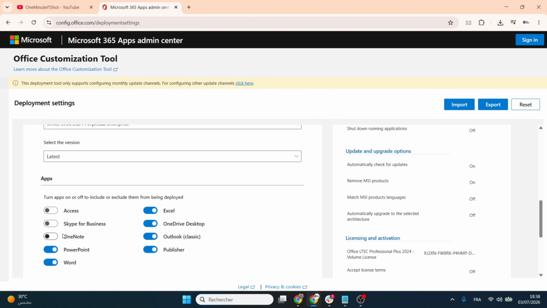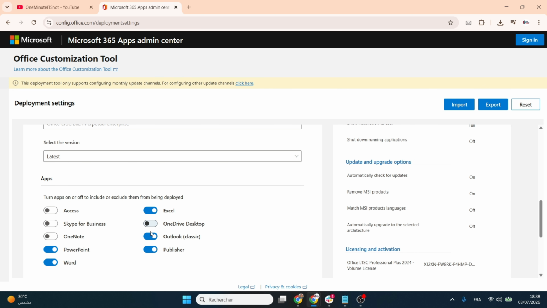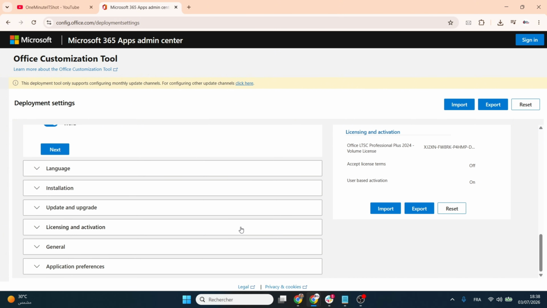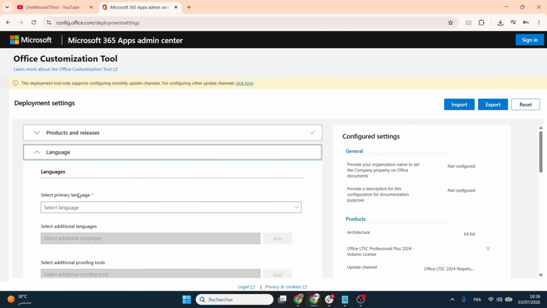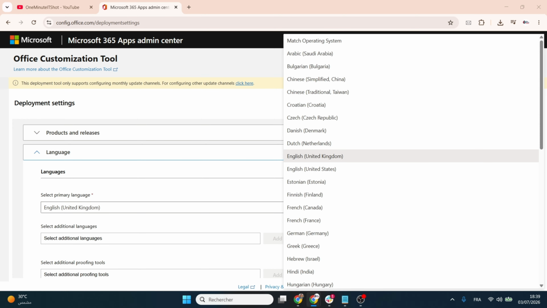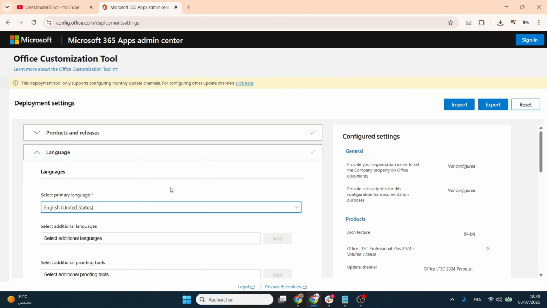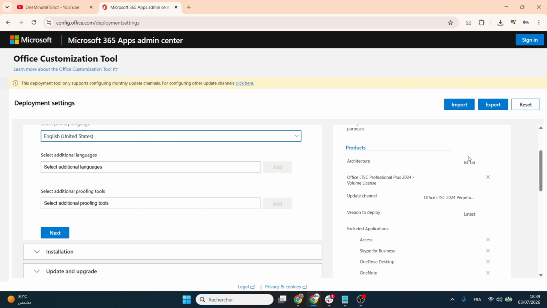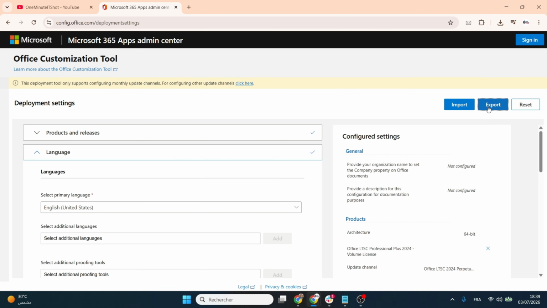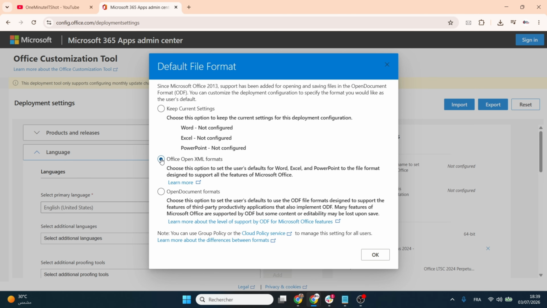Now, uncheck the apps you do not want. I only need Word, Excel, and PowerPoint, so I will uncheck the rest. Scroll down to Languages, select English US or your preference, and click Export. Choose the Office Open XML format, accept the license agreement, and click Export again to download your